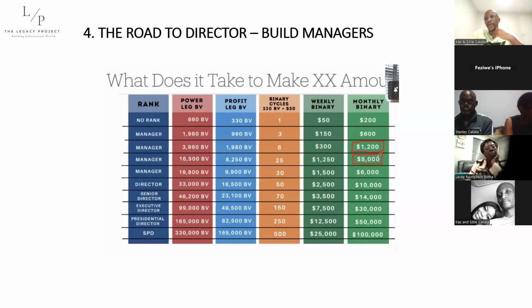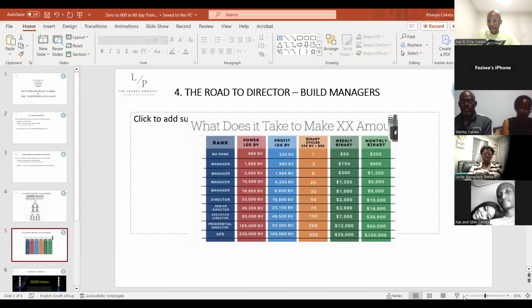I'm talking about this because I have seen it happen personally. I've seen it happen to teams, people in my teams that I've introduced in network marketing. You might say, oh, I've been involved in network marketing 10 years and I'm a fanatic at it. I've seen people with no network marketing experience come in, be teachable, be coachable, and they were able to achieve this exact same result.